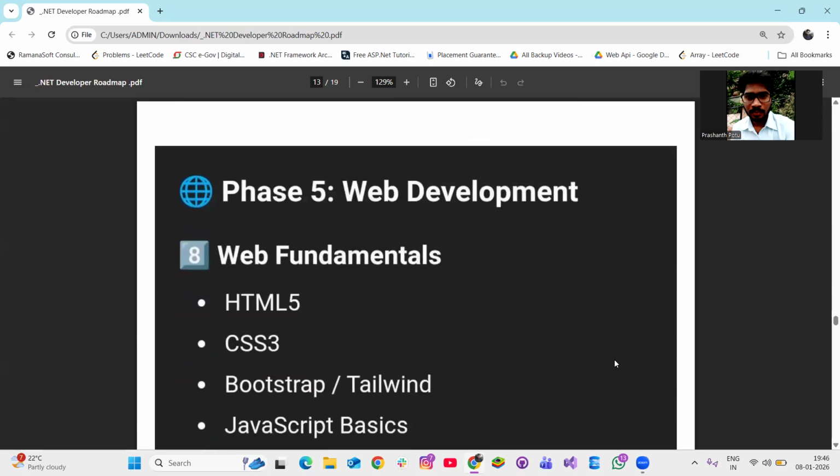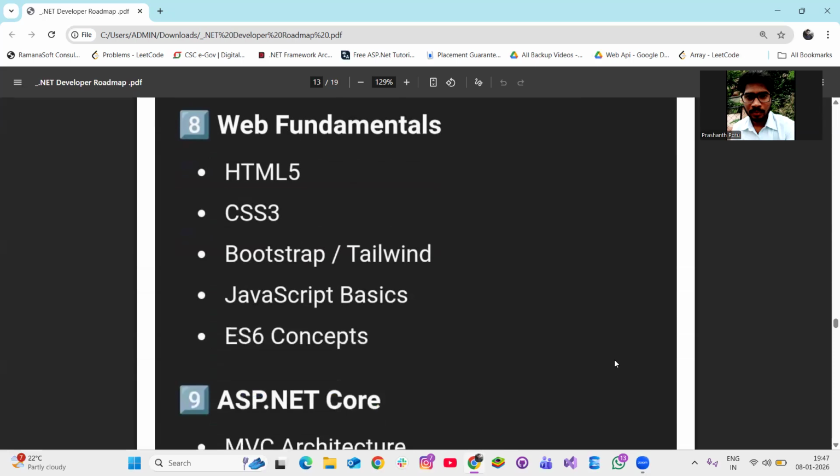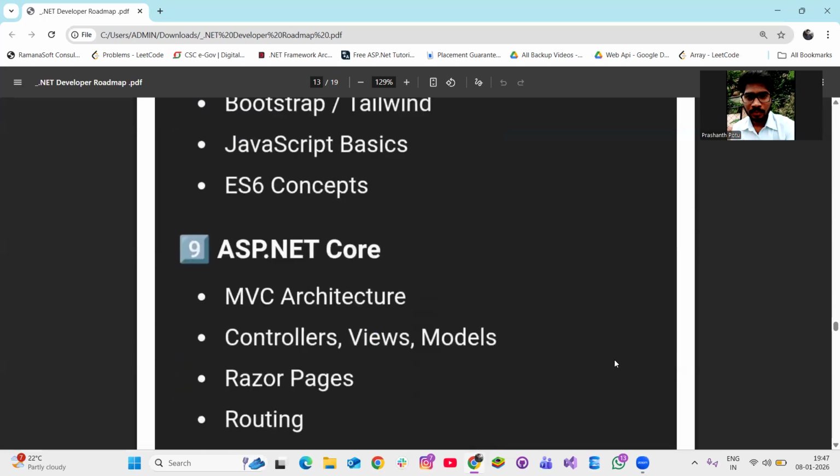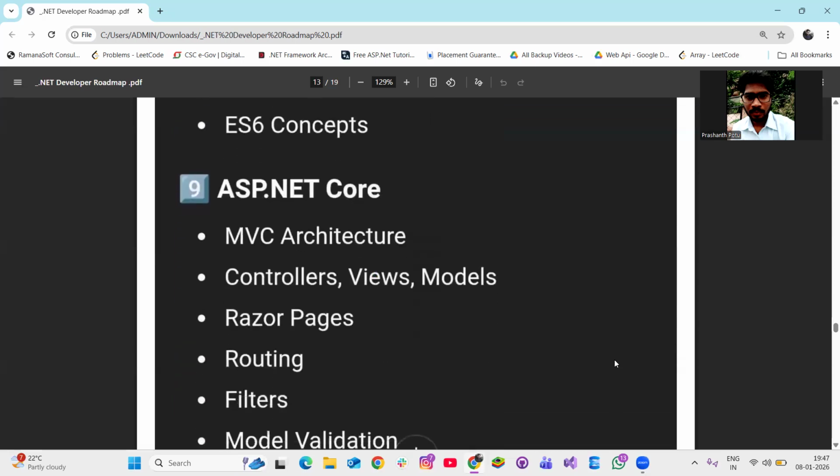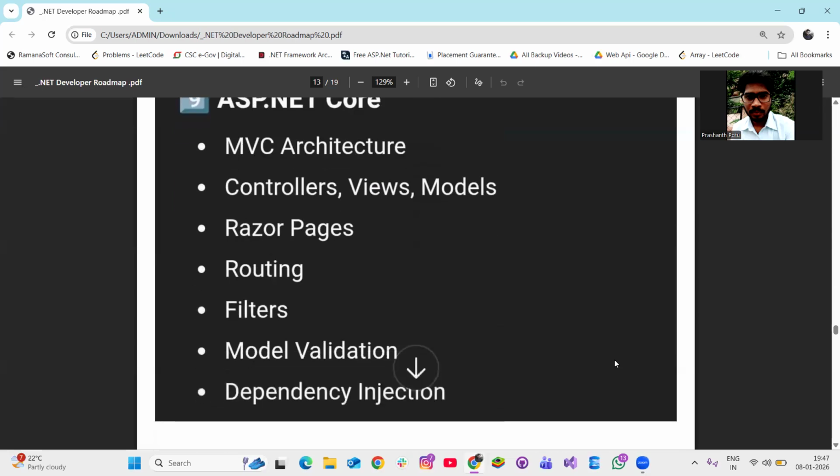And web development, mainly for the front end, like HTML5, CSS, Bootstrap, JavaScript basics. And in ASP.NET Core, we have to learn MVC architecture, what are controllers, what are models, what are views. We have to learn what are Razor pages, what is routing, what are filters, what are validations, what is the